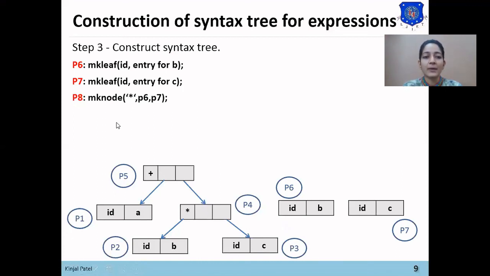So next subtree will be created for this star operator. So left child of this star is P6 which is B and right child of this star is C which is P7 and this star node will become P8.